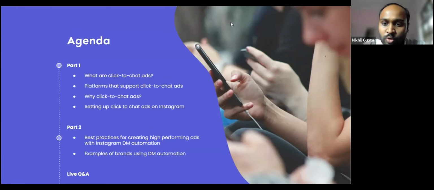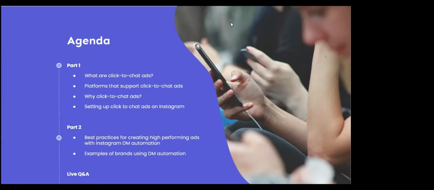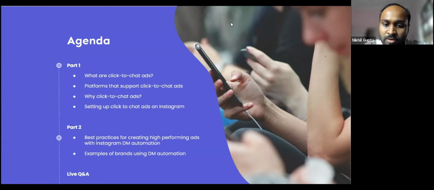And we'll then quickly go through the four-step process of creating a click to chat ad on Instagram. Post that, we will see how Instagram DM automations can help you scale these campaigns and run them efficiently. We'll also then quickly take a look at a few brands who are already utilizing Instagram DM automation capability, and then we'll take up the